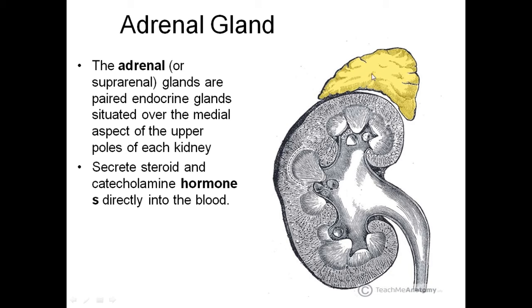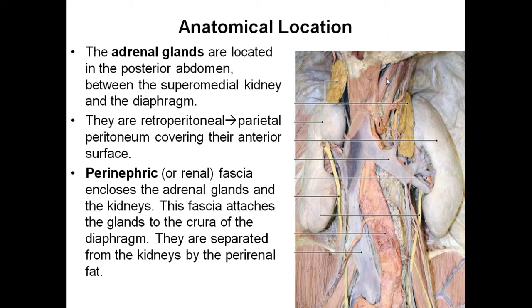This gland is supplied by multiple sources of blood vessels. So it is a richly blood-supplied gland. That's why it directly secretes its secretions into the blood circulation, and the secretions include steroidal hormones and catecholamines that control different body functions.